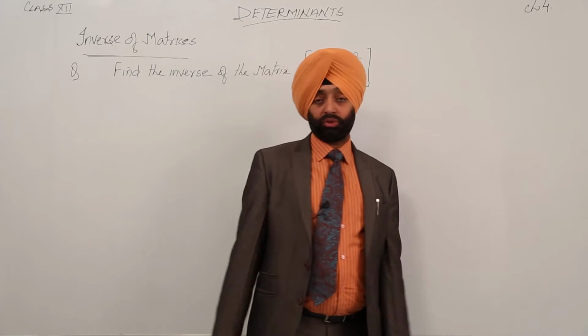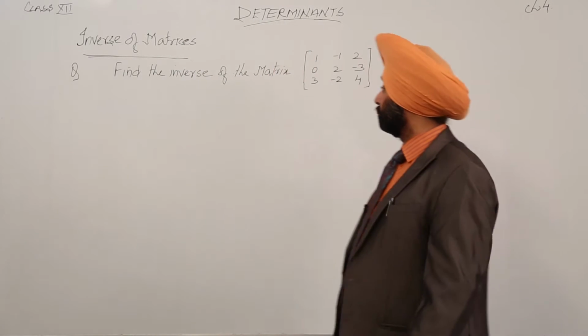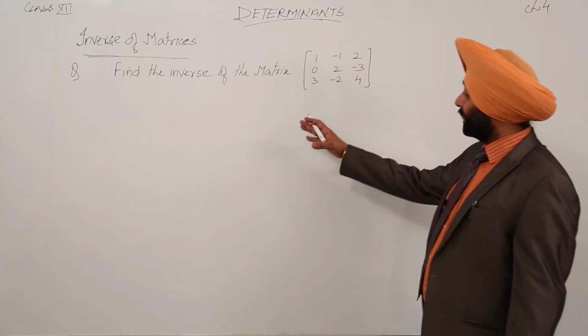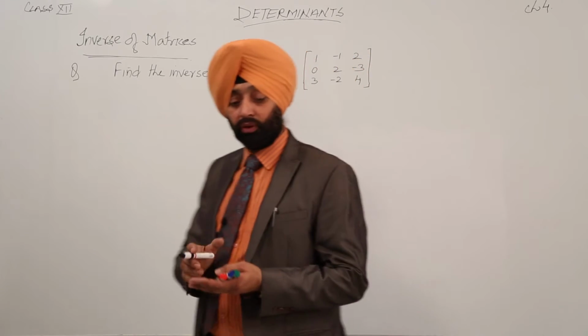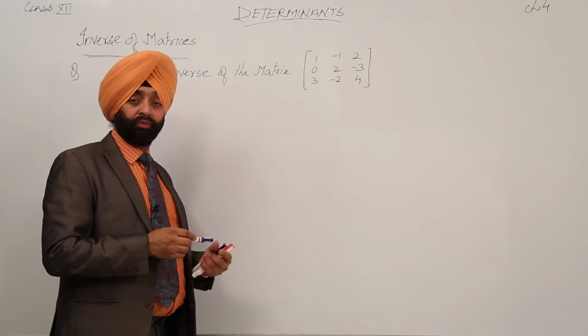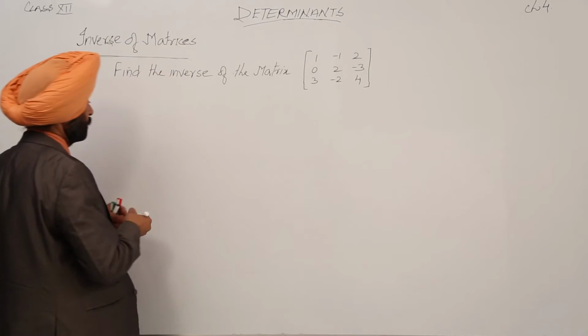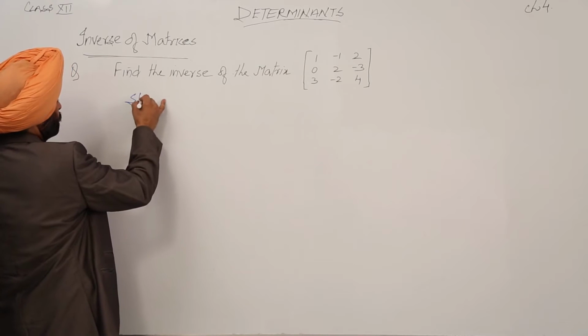Now again one question for a 3 by 3 matrix. Okay. Now find the inverse of the matrix. Now the order is 3 by 3. Again we have to follow the same steps that we did for 2 by 2. Okay. So step 1 is to find